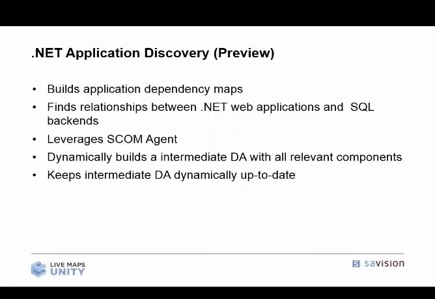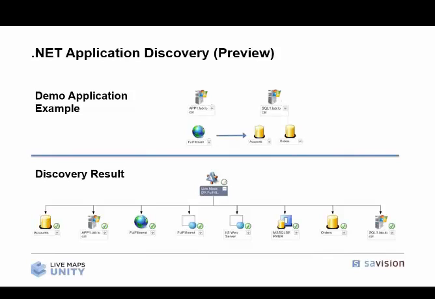This is what the DA looks for, the web page that we tried on our one. So as you can see, it's a very simple web cycle fulfillment. It has two backend SQL databases, two servers it runs on. Discovery result found the databases, the servers, the web page, as well as the services, the IIS web server, the SQL server itself, and the service for SQL, and created that DA, which we then added into our Live Maps